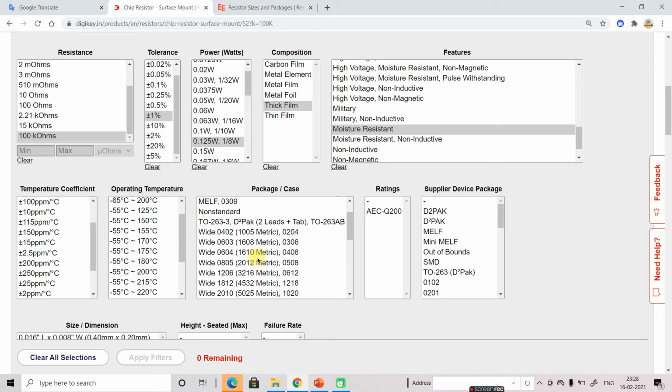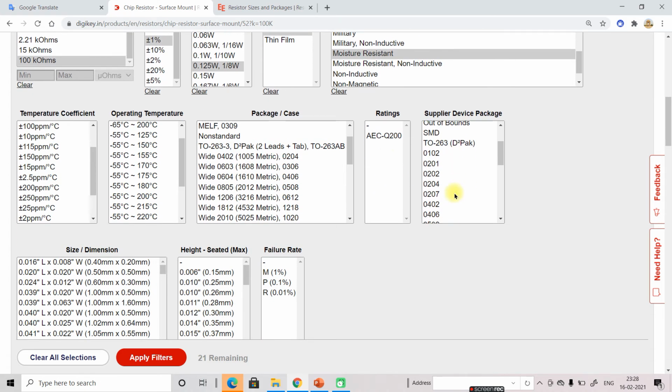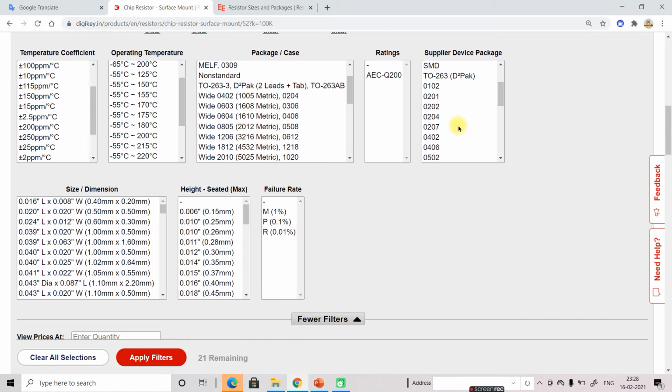You don't care about the package here, it will select automatically whatever you have selected. Rating you don't need to select. Package also you don't need to select, because whatever you have selected here it will show here.